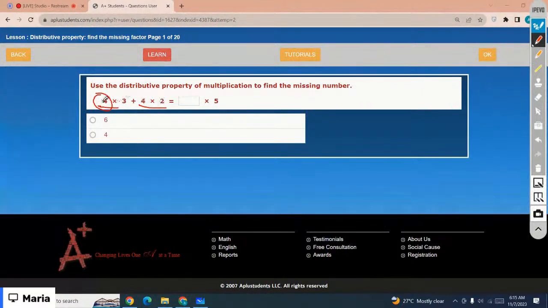So here you have 4. Got it? Because you can see 5 is the sum of 3 plus 2, isn't it? So the missing number is for sure 4. You can have one number common, that is the number you have to multiply with. So that is 4. Got it? So the missing number is,